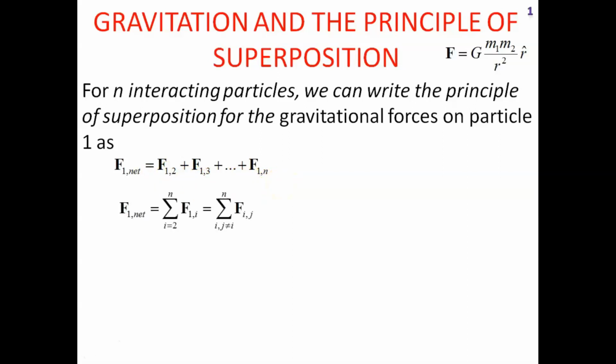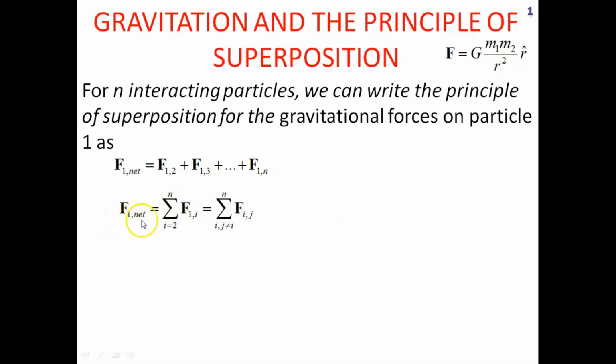Mathematically, we can use summation notation to make a compact representation of the same equation, wherein we roll suffix i from 2 to n. Here conveniently we have ignored i equal to 1 because the force on 1 because of 1 is of no concern. If you get into that mathematically, the distance between a particle and itself becomes 0, and that 0 comes into the denominator, which makes our equation meaningless.